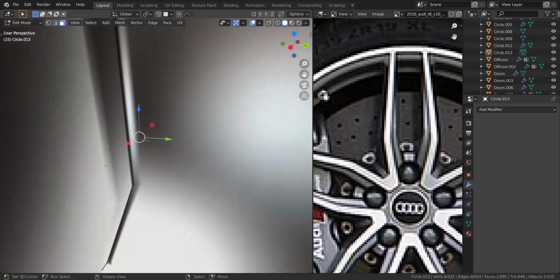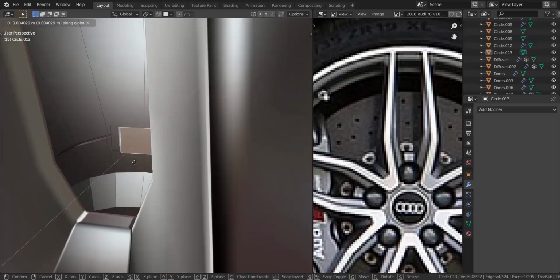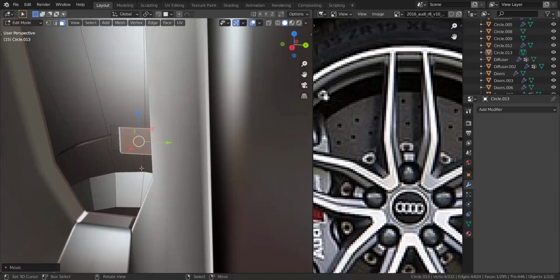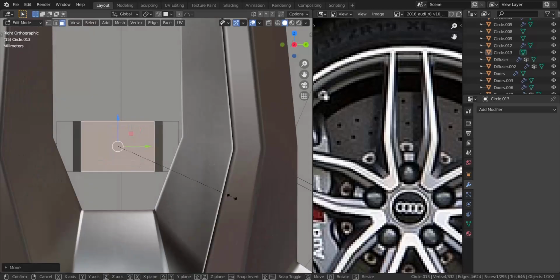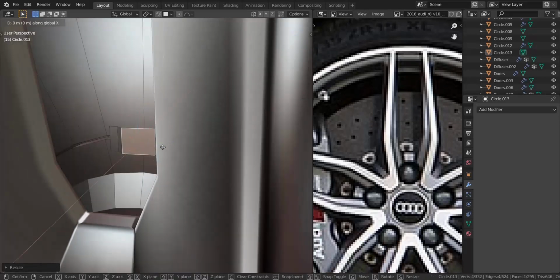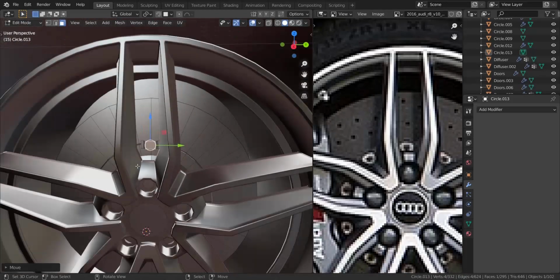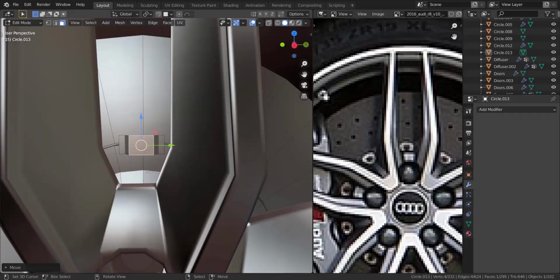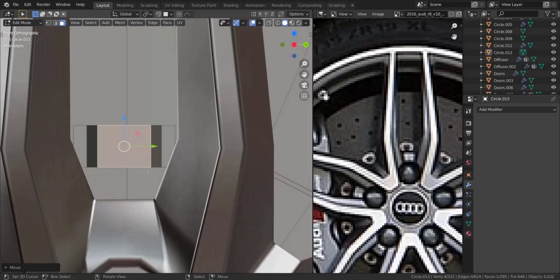And I'm going to take this face and move it in the X-axis. Alright, so we're going to pull it in the X-axis like that. Let me get onto the side view again. I'm going to scale this down in the Y to about some point there. Move it in the X a little bit like that. And that should be pretty good. Alright, now let me get onto the side view and